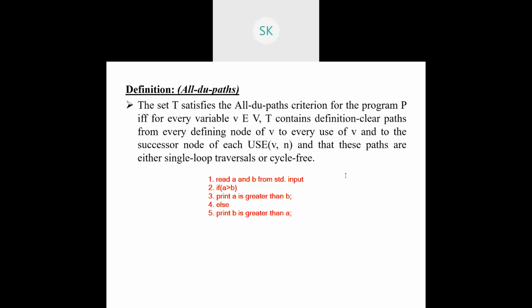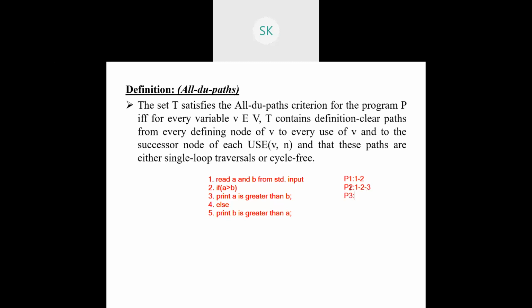So path P1, I'll just directly go with path P1, because definition node and usage node, you already know how to identify. So the defining node for variable A: at that particular point, we should consider the first node, then it will enter the second node. The second node is the usage node. This is one path. Path 2 is 1 to 2, 2 to 3. Fine. So the next one is path 3.